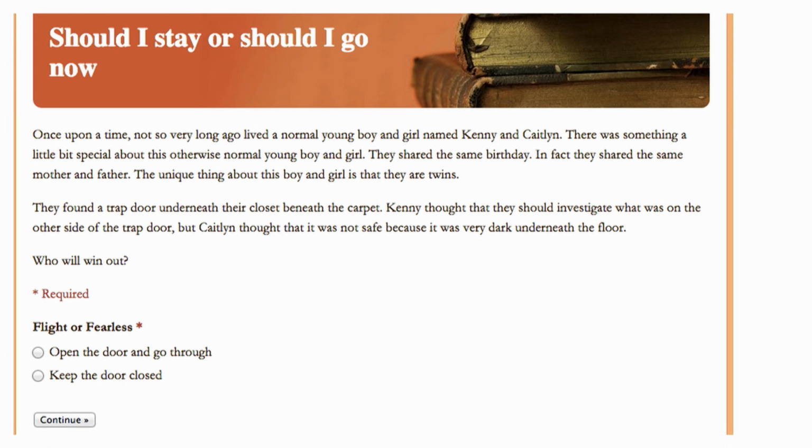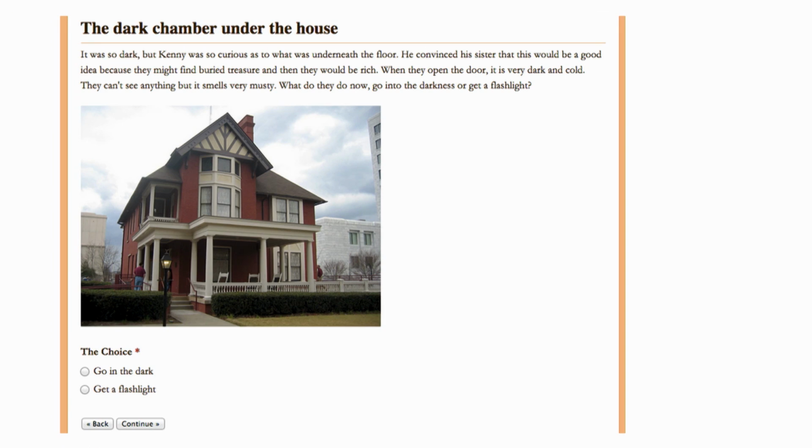They go through the door. They're my kids. They're crazy, okay? They'll do it. It's a trap door under the house. It's dark. It's mysterious. Of course they're going to do it. They're kids. I put in a picture, make it interesting, right? Tells the next piece of the story. Do they go in the darkness or get a flashlight? Right? So you can create these stories, and depending on which page you're sending it to, they see that different